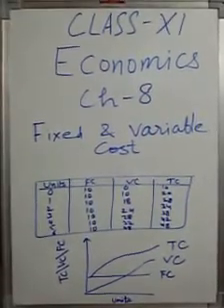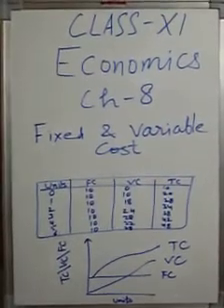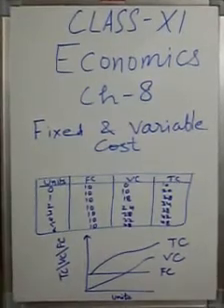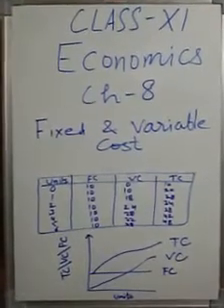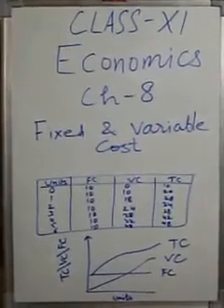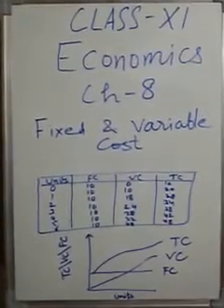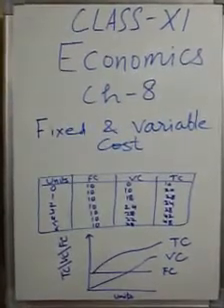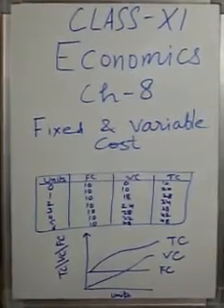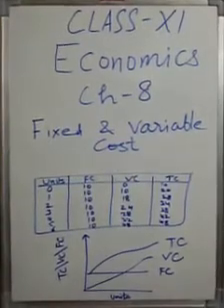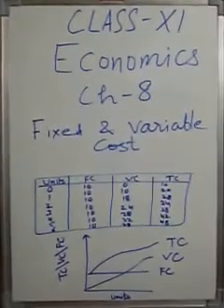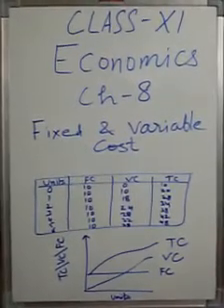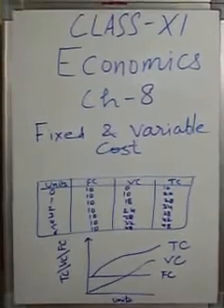Variable costs are the costs incurred on the variable factors of production. Variable costs increase with an increase in output and decrease with a decrease in output. They vary directly with output. Variable costs are zero when output is zero, and fixed cost can never be zero when output is zero. Variable costs are not incurred before output starts; they are incurred only when actual output starts.